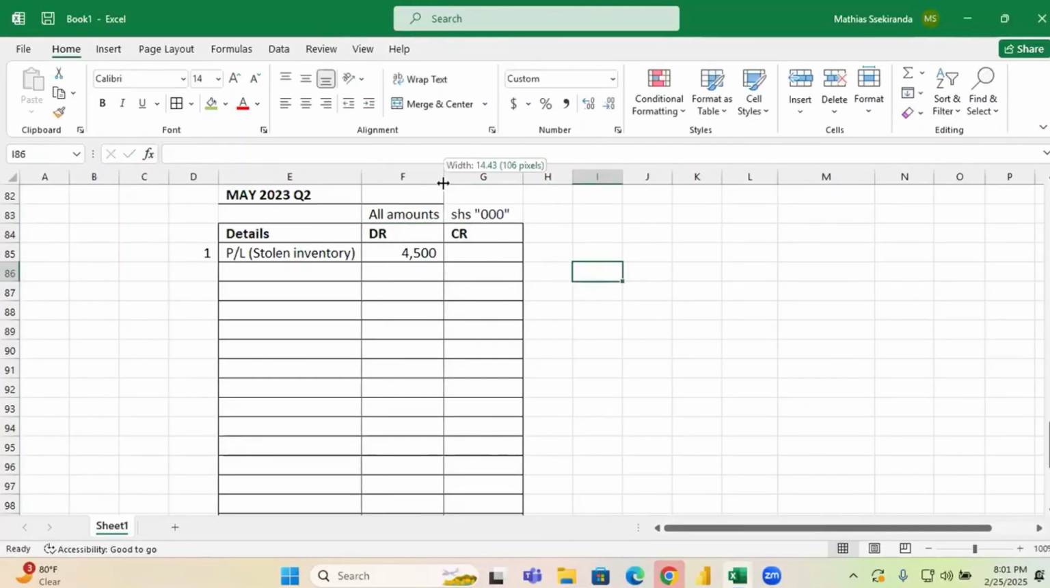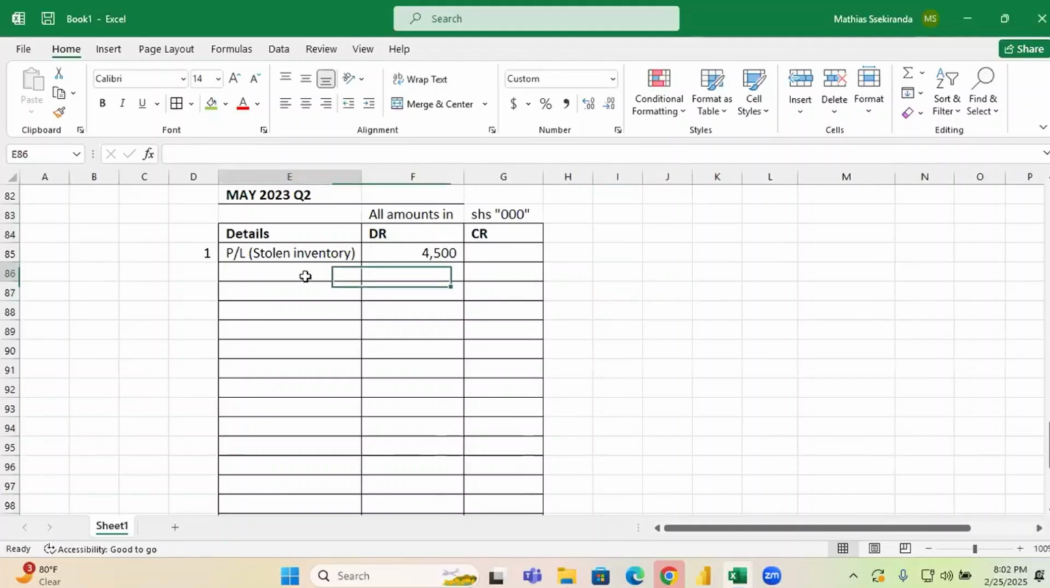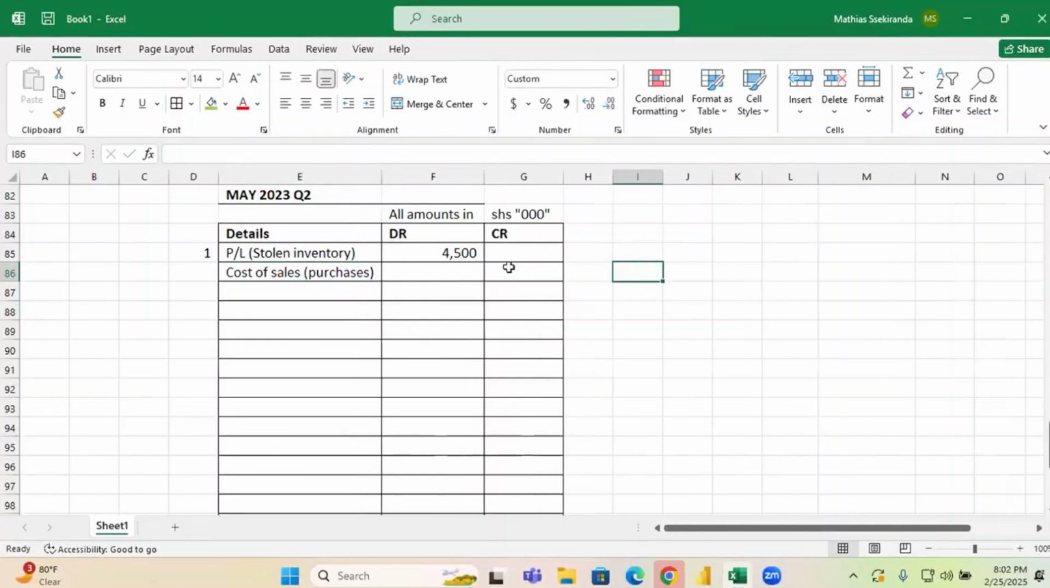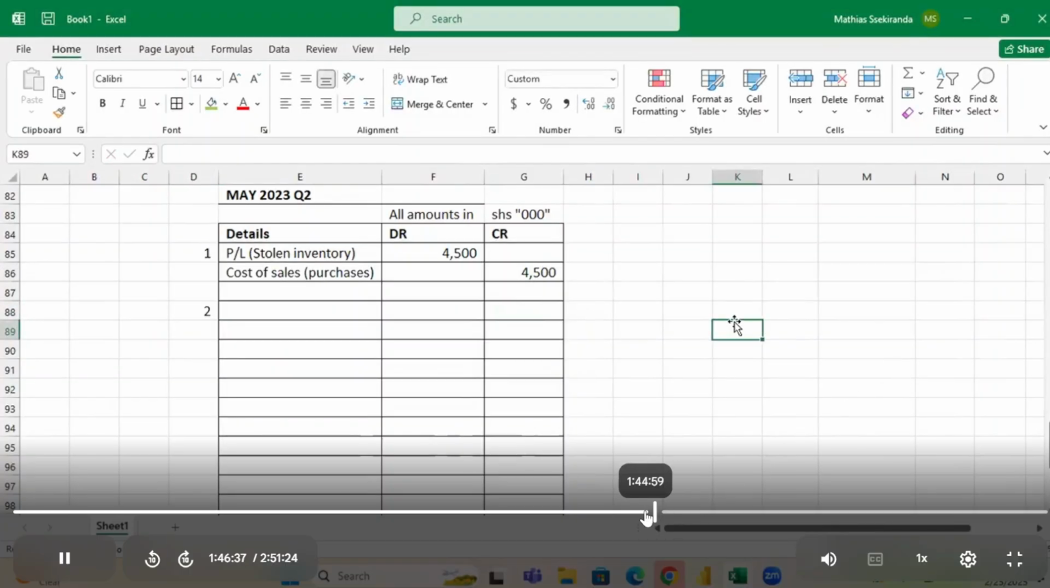So we have 4.5. Then we credit cost of sales. You remember, stolen goods are normally listed under cost of sales. Or to be particular, you can say you credit purchases, because we list them under purchases in the cost of sales. So that's why I was saying last time that if you have stolen, destroyed, or drawn goods, we list them under cost of sales. And we also, as we